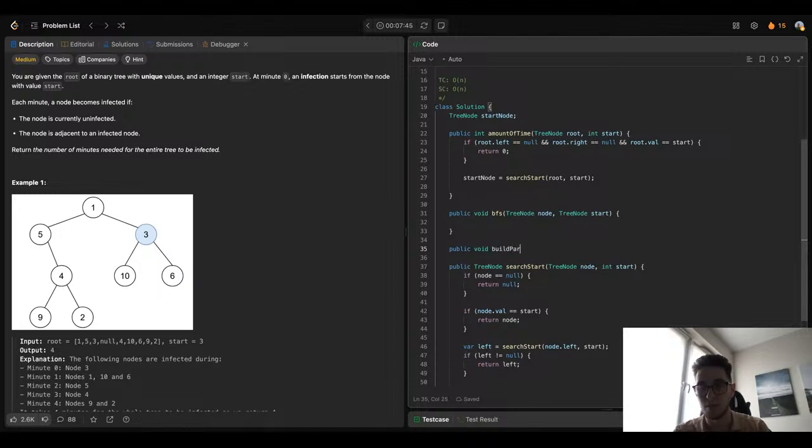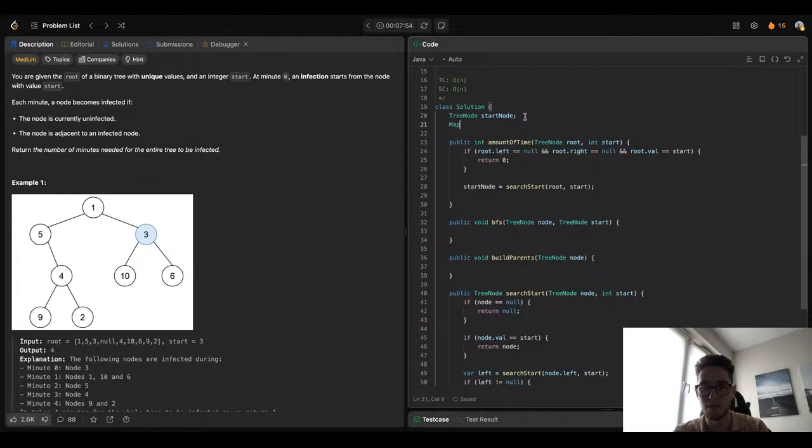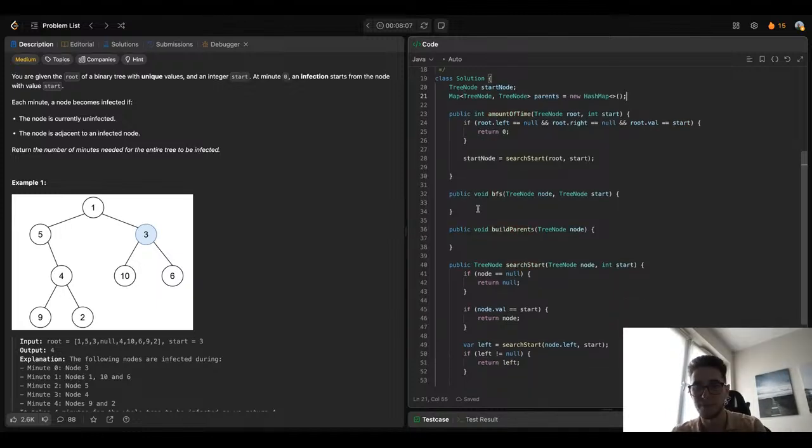I will build a parents method to pick the node. Here I will have a map with TreeNode and parents, a new HashMap. Here I just go through, if not equal to null,